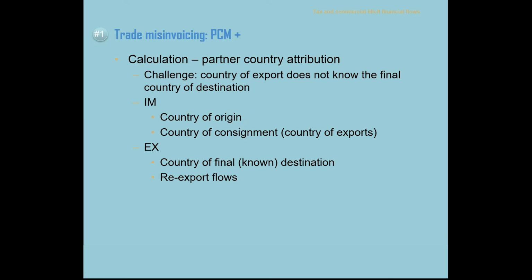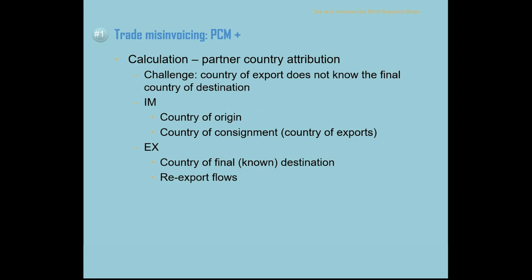And on the other hand, the importing country would not really know where the goods originated from. So for the flows of imports, there are two categories of partner countries that are important. One is the country of origin. This is essentially where the goods have originated, and they have been sent through various countries to, in the end, reach our